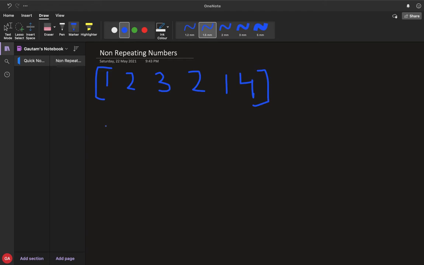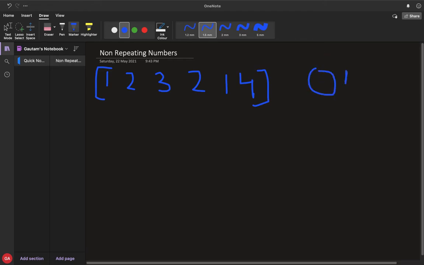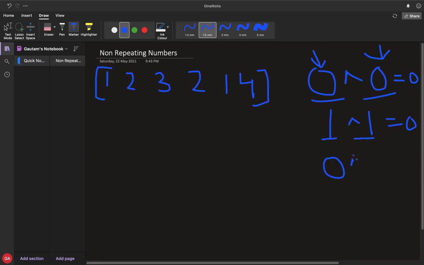What XOR does is it returns 1 if the operands are different, and it returns 0 if the operands are the same. For example, 0 XOR 0 will return 0 because both the bits are the same. Similarly, 1 XOR 1 will give 0 because both operands are the same, and 0 XOR 1 will give 1, because both these bits are different.